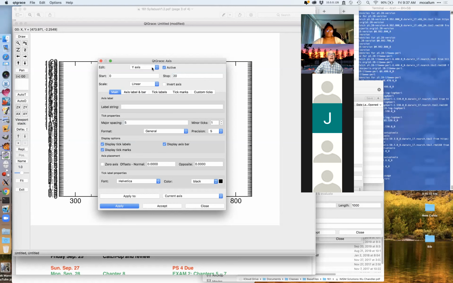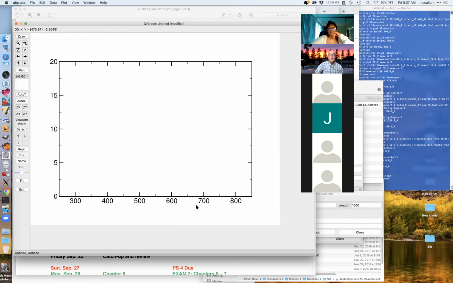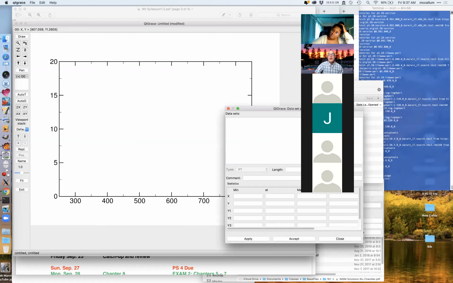Okay, so what's happening here? You see the axes went crazy. It's because the alt axes are on, I believe. This is kind of a pain. There, so if we turn off those alt axes, to me, the default would be nice if the alt axes were off, but that's not the way it is. All right, so my axes are set. So now I can come back to my